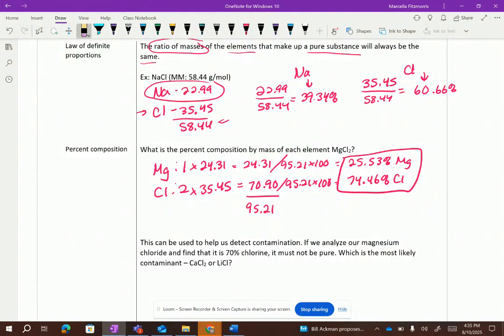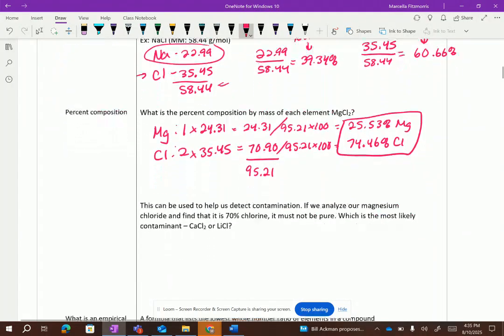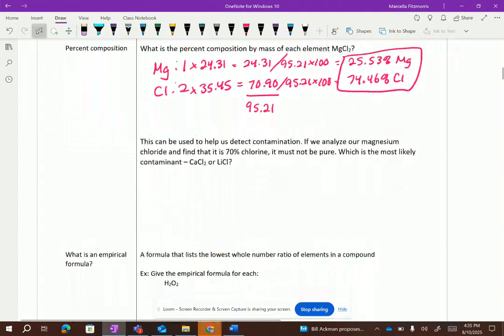And that's what you're going to see a focus here. All right. So as you can see in the next question, this can be used to help us detect contamination. If we analyze our magnesium chloride and find that it's 70% chlorine, it can't be pure because pure magnesium chloride has 74%. So if we're asked which is the most likely contaminant, CaCl2 or LiCl, well, we can figure this out one